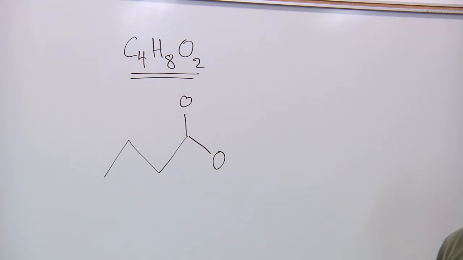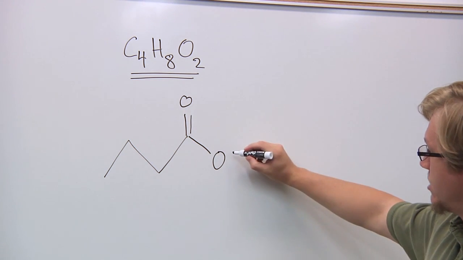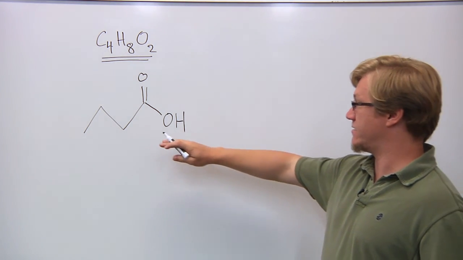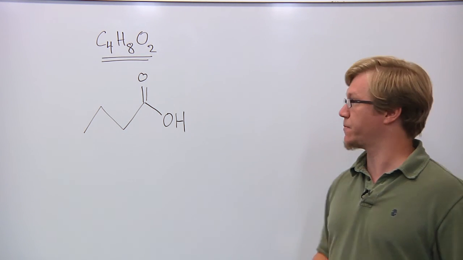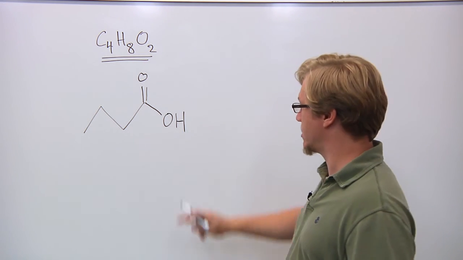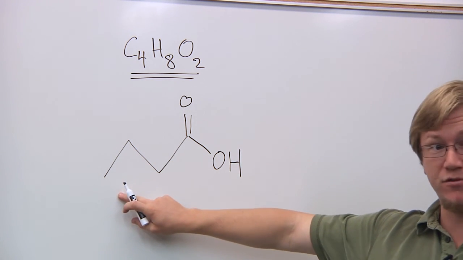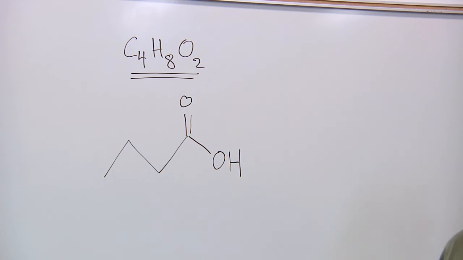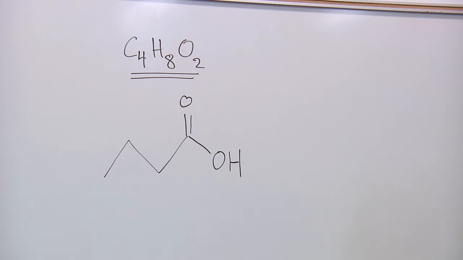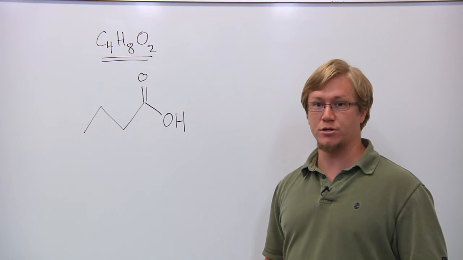Now I know I have to have one double bond. So for this purpose, I'm going to put a double bond here on this oxygen and add one of my hydrogens here. Now if you'll refer to table 2.3, you'll see that this is a carboxylic acid. The next thing that I want to do is make sure that I have 8 hydrogens. I put one here on this oxygen, and I have these 3 carbons. This first carbon is going to have 3 hydrogens on it, and each of the next 2 are going to have 2 hydrogens. That gives me 7 hydrogens plus the one here makes 8. So I know that this molecule has the molecular formula of C4H8O2.